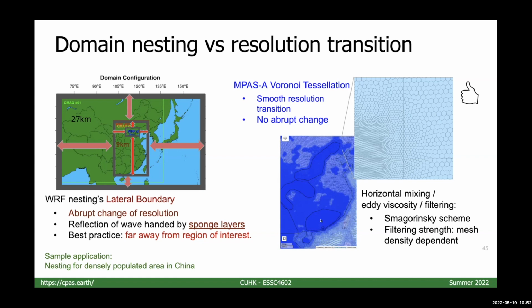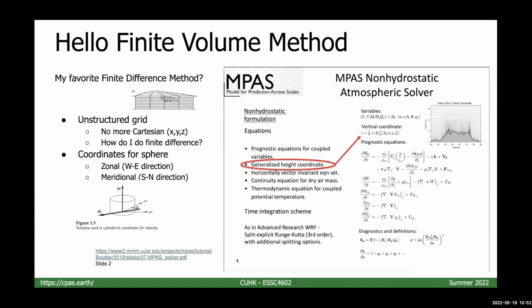In this figure, the regions with even higher resolution cannot be shown because they all become a patch of blue color. Actually, the resolution of some refinement regions, like Hong Kong here, is even higher. So the unstructured mesh doesn't have the constraints that domain nesting brings to WRF users. And these are the benefits